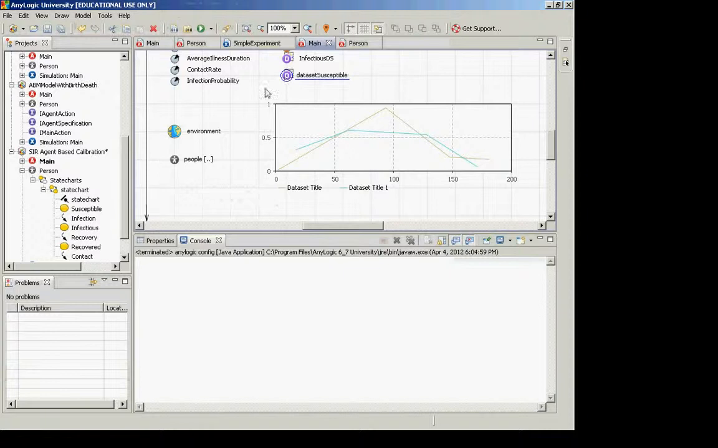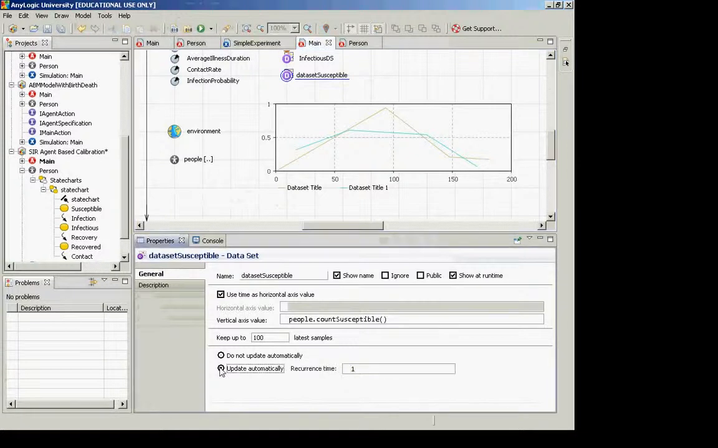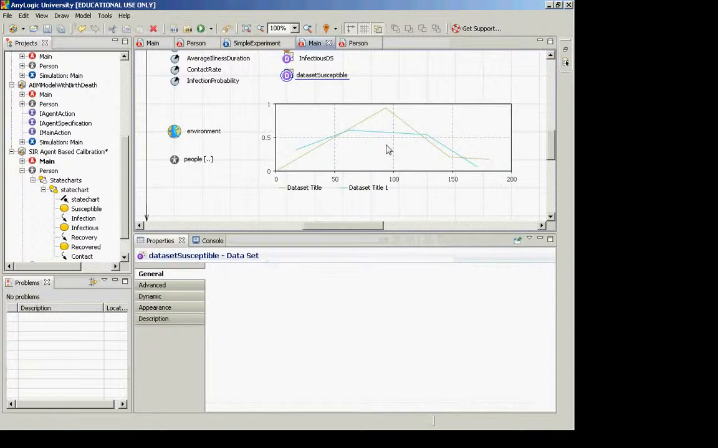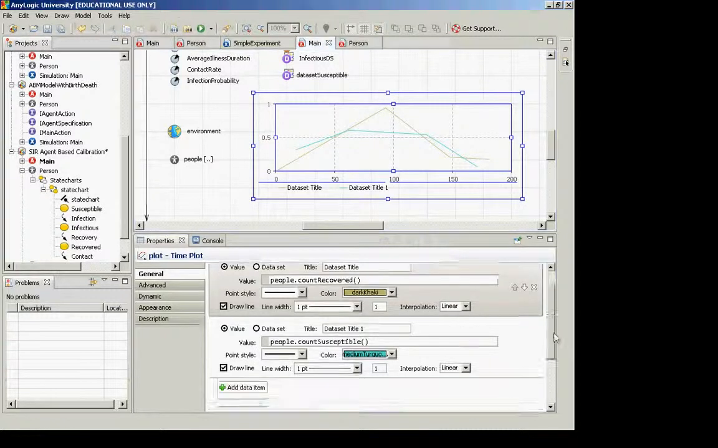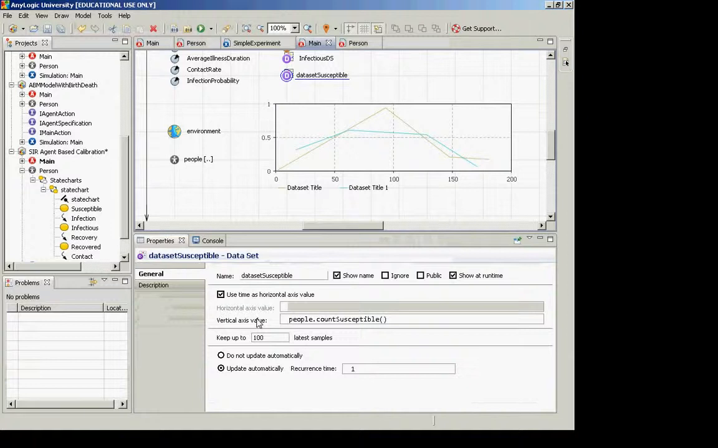For a time plot, the default is actually to update it automatically. Here, it's not to update automatically as the default. We just have to do update automatically. Okay? And that's what was given, as I say, as the default here. It had it updating automatically. Just be aware with this other one, you have to say, okay, update it automatically every how many